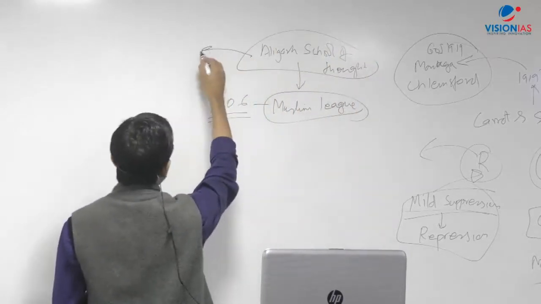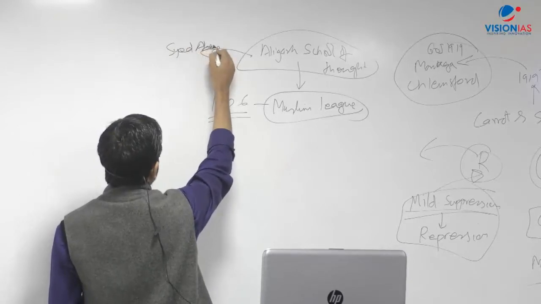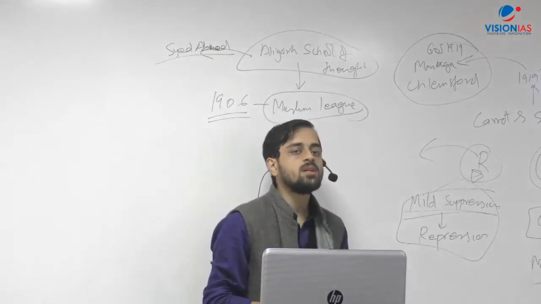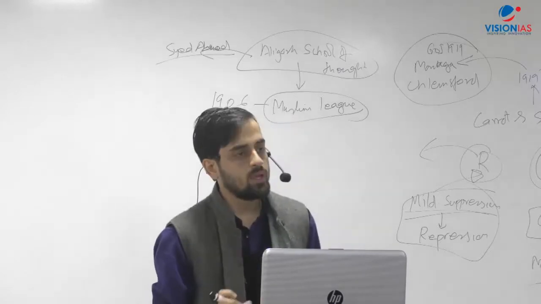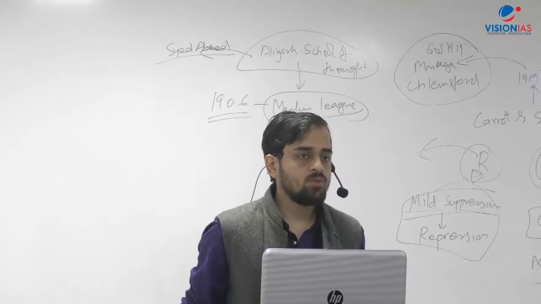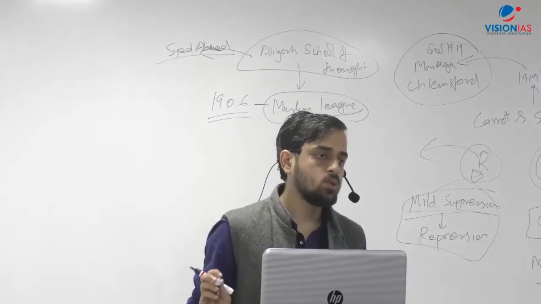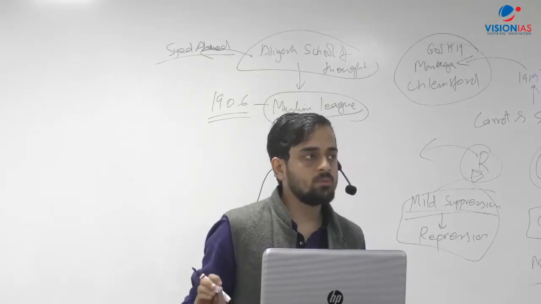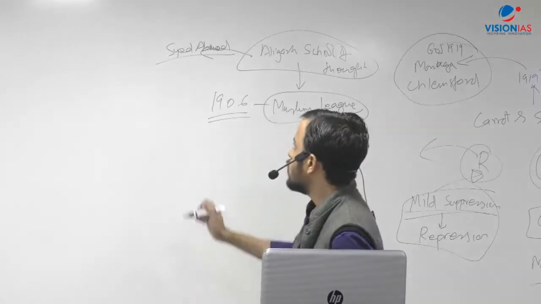The whole idea of the Aligarh school of thought by Syed Ahmad Khan and others was, now, Syed Ahmad Khan was of the opinion that for the upliftment of the Muslims, what Muslims need very acutely is access to education and access to government jobs. So, Syed Ahmad Khan was of the opinion that what is responsible for backwardness amongst Muslims is their educational and occupational deprivation. So to provide education and occupation, the Muslims needed access to these things, and the access to these things could come only,